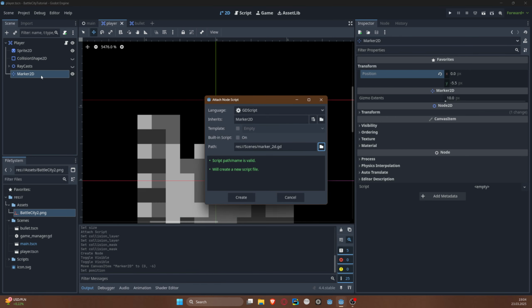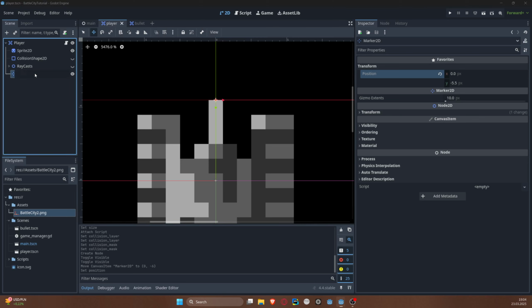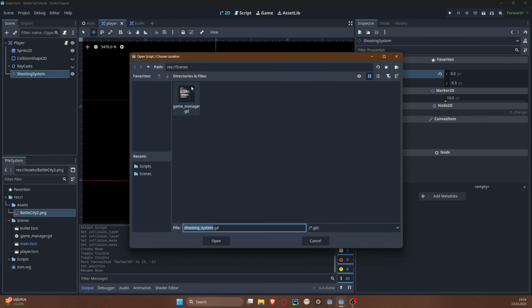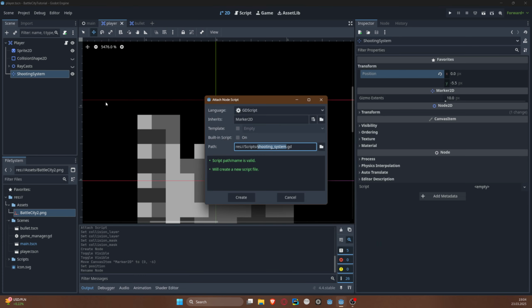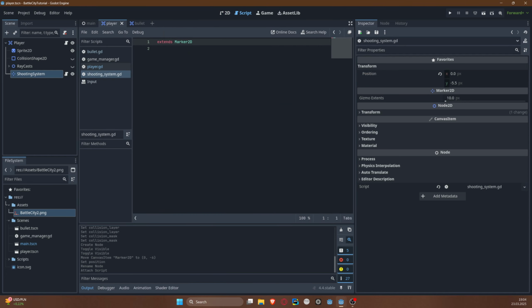So now we need to add a script to it to actually spawn the bullets. So let's rename this first to shooting system. And then I can attach a script, save it in the scripts folder as shooting_system.gd, and we can start writing our code. So let's add a class name, shooting system,